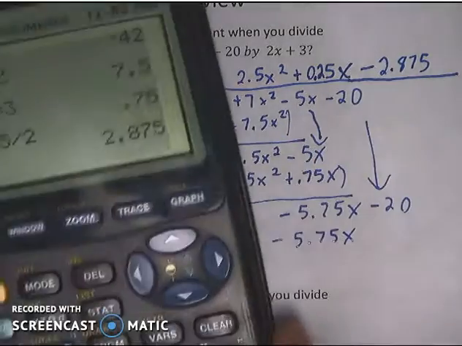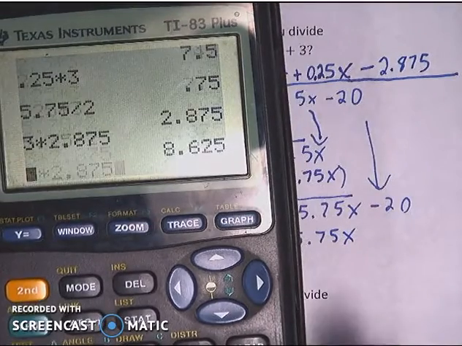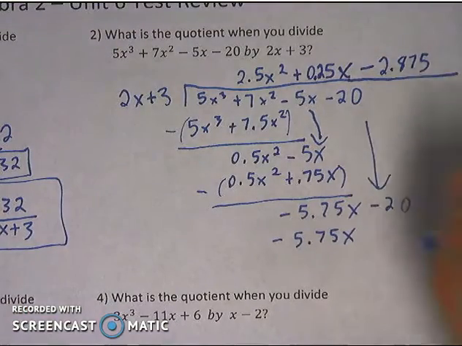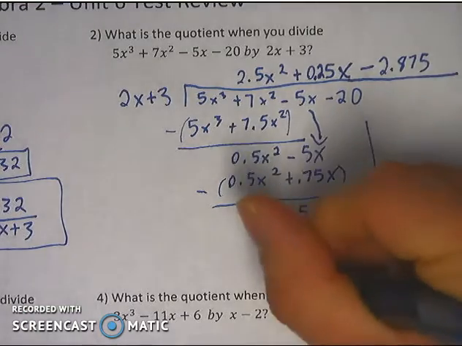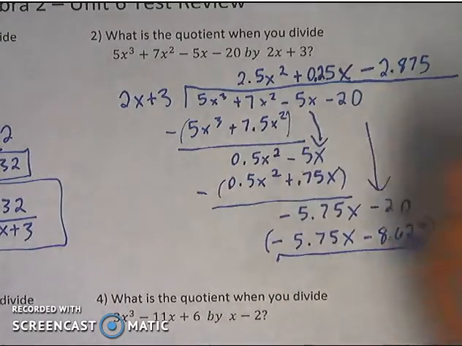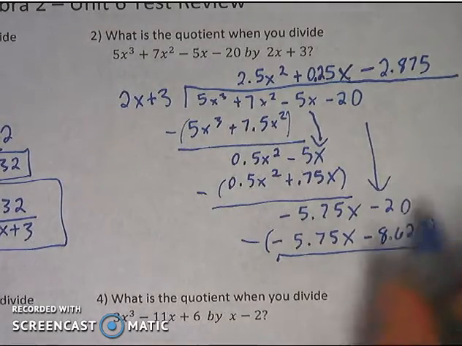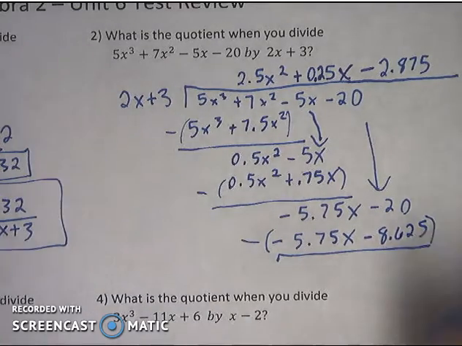And then 3 times 2.875 is negative 8.625. So I need to subtract that in parentheses. So that's actually negatives adding, so negative 20 plus 8.625. That's negative